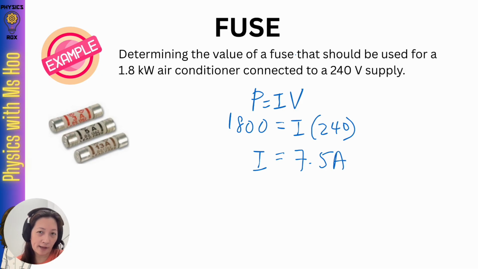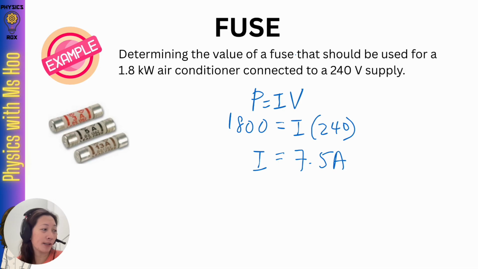So now here's the tricky thing. We just learned that we need to select a fuse value that's just above the current value needed for optimal operation of that device. So given this current value, most students would say, okay, we need a fuse value of 8 amperes. The thing is, 8 ampere fuses do not exist. So most manufacturers would only manufacture 3 ampere, 5 ampere and 13 ampere fuses. So based on the reasons we have earlier discussed, we cannot choose fuse values that are less than the current value. So you cannot select 3 ampere or 5 ampere, which means that the best possible option here is a